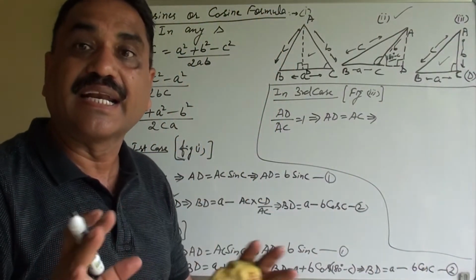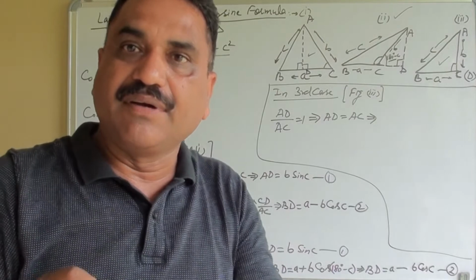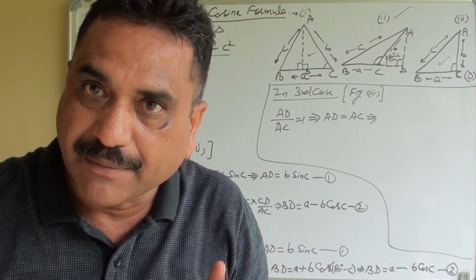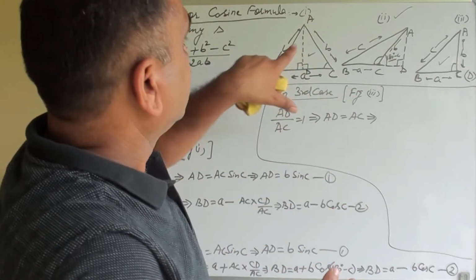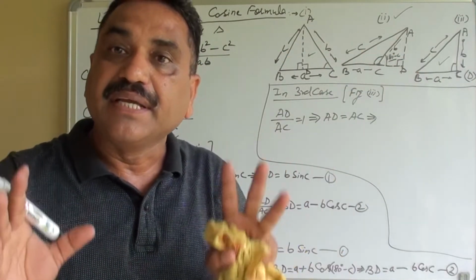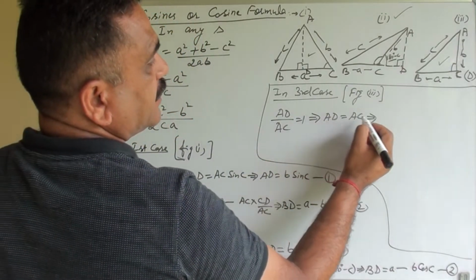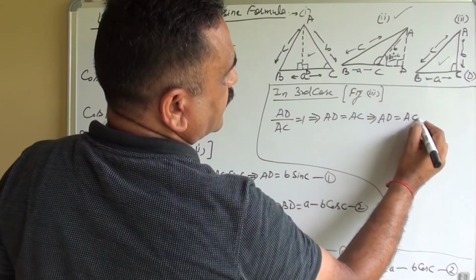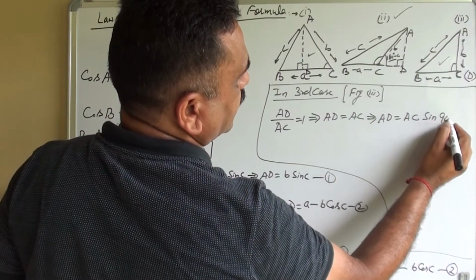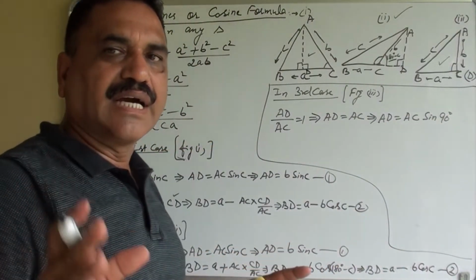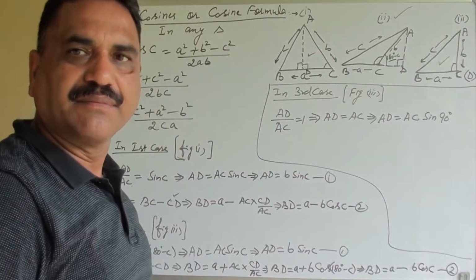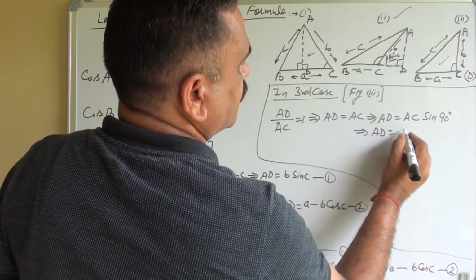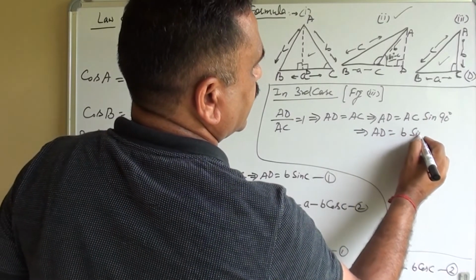हम AD का वैल्यू निकाल रहे हैं अभी, BD का नहीं है। जब BD का वैल्यू निकालेंगे वो हमें इस फॉर्म में निकालना है, because in all three cases we have to show that the value of AD and BD remains same. So it is AD is equal to AC. How we can write it? AD is equal to AC sin of 90 degree. अभी AD का वैल्यू निकालना है, इसलिए sin, because B sin C है सभी केसेस में. So this implies AD is equal to B sin of C.